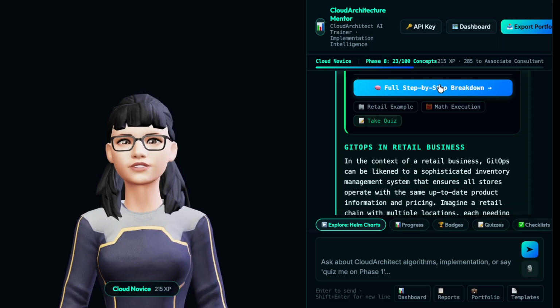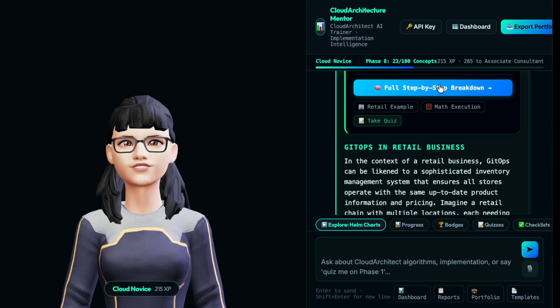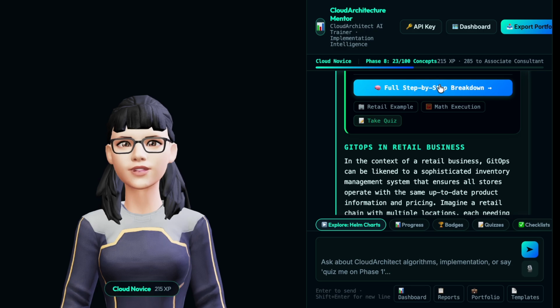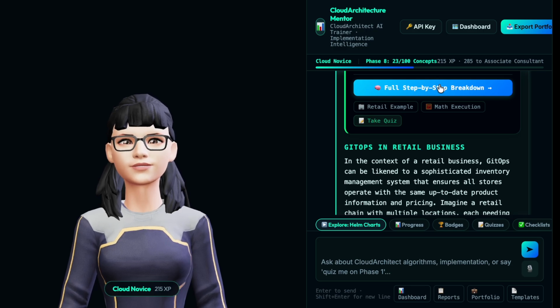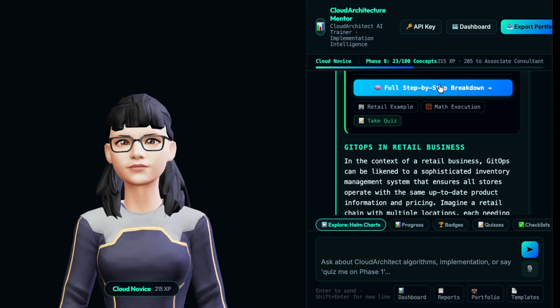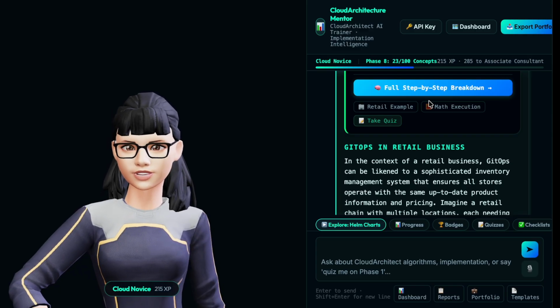Version control and rollbacks. Just as Git allows developers to revert to previous versions of an application's configuration, the retail system can maintain a history of inventory changes. If a pricing error occurs, the store can